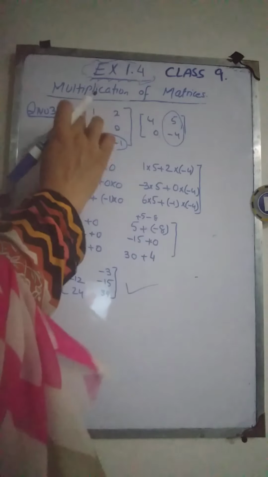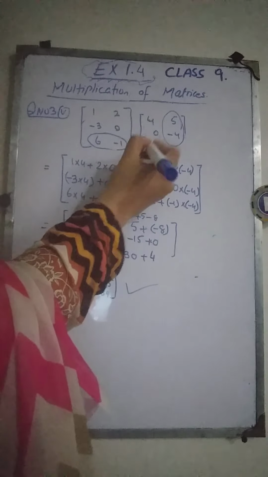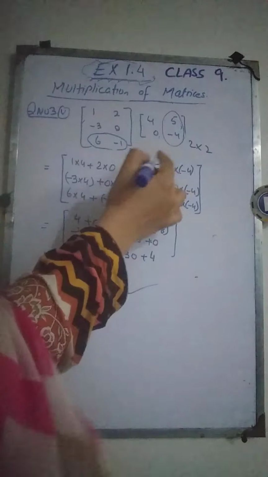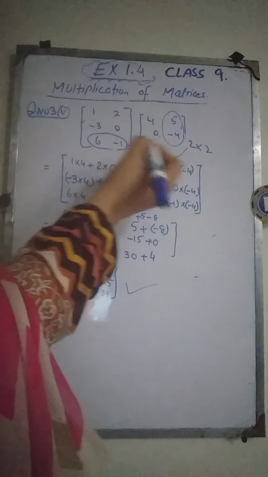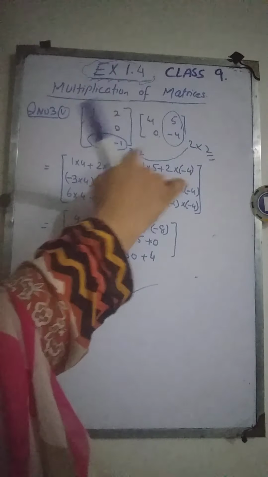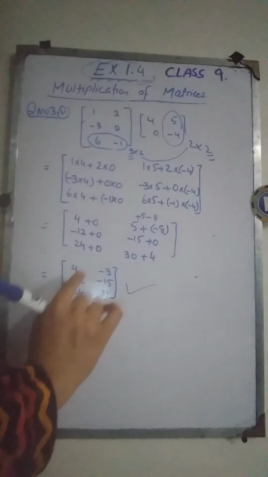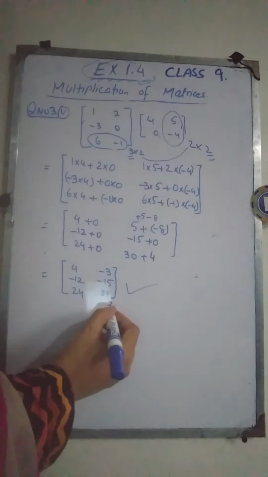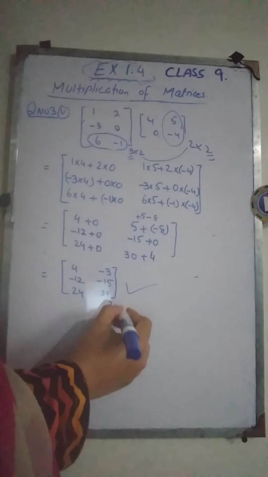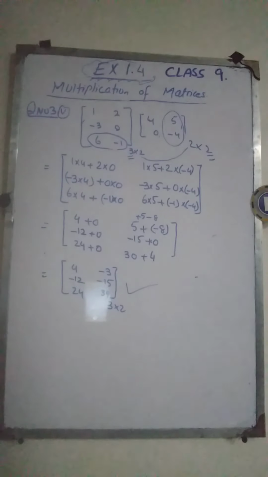Now in the beginning we had two matrices having order 3 by 2 and 2 by 2. The resulting product matrix should have the order 3 by 2 according to the formula that we have already learned before. So let us see if we have obtained the same result or not. 1, 2, 3. It has 3 rows and 1, 2 columns. So the result is a 3 by 2 matrix, as it should have been.